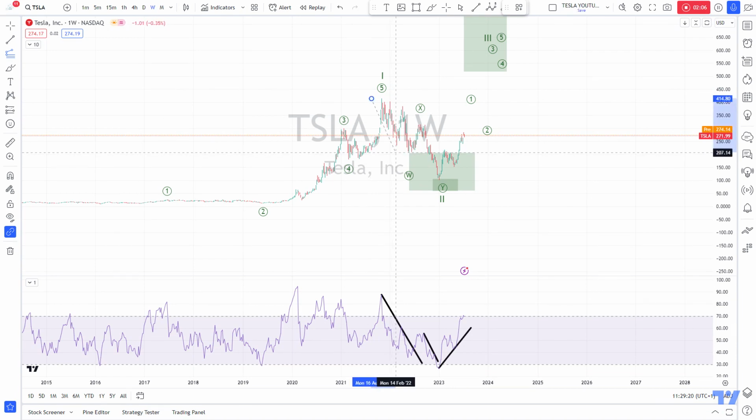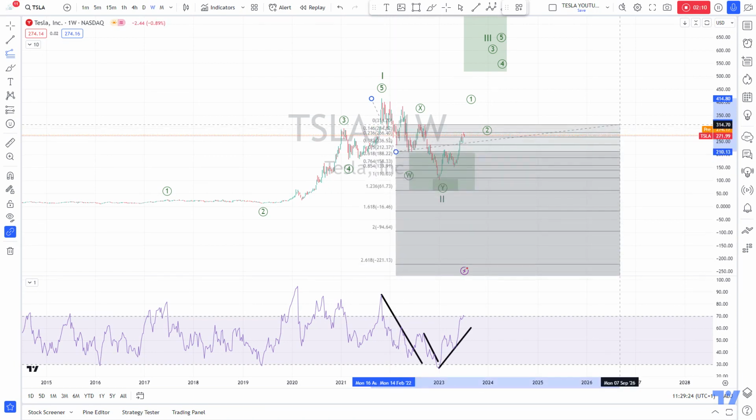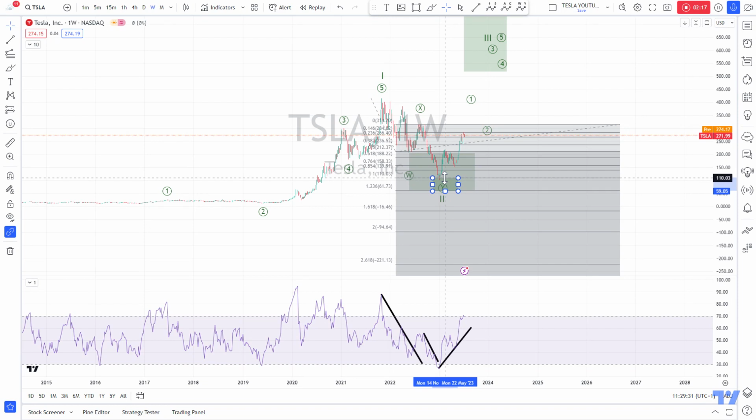If we take the length of the wave W and the length of the wave X, then the wave Y should end here between the 1 and the 1.618 FIB extension. The 1.618 FIB extension would not be possible because then we would go below 0. But as you can see, it reacted perfectly from the equal leg area. And so now from here,